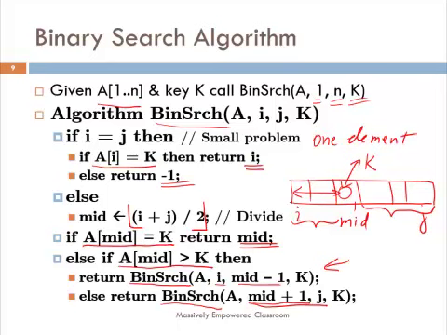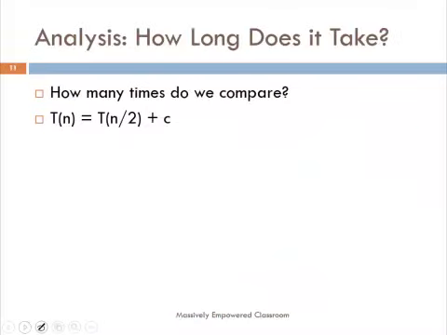One of them is called recursively depending on the comparison of A[mid] and k, and then that recursively applies the same algorithm to eventually find a small problem which will be solved by simply comparing the two elements. Right? So how do we analyze the time complexity of this? How many times do we do the comparison?